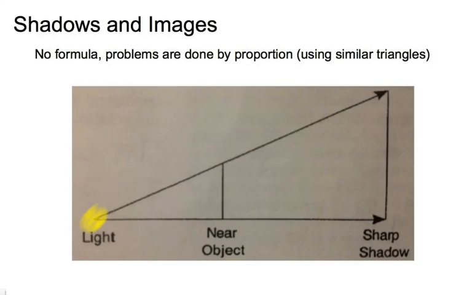So let's see, if we have a light source right here, and we have an object, let's say that's you, and if you are between a light and a wall, you are going to have a shadow. So there we go, there's our sharp shadow. We can figure out how tall the shadow is going to be just by knowing the distance between you and the light, of course your height, and the distance between the light and the wall in which the shadow is